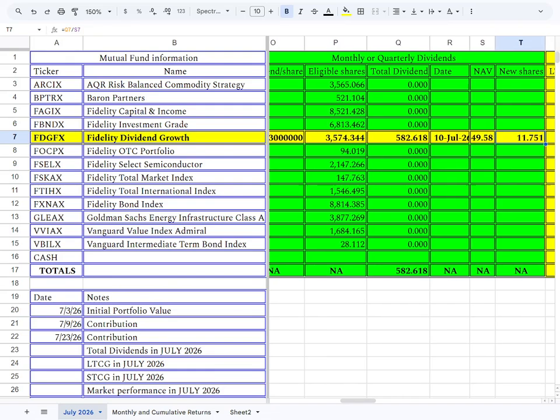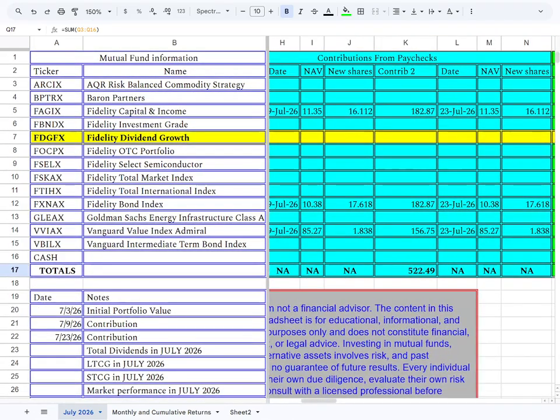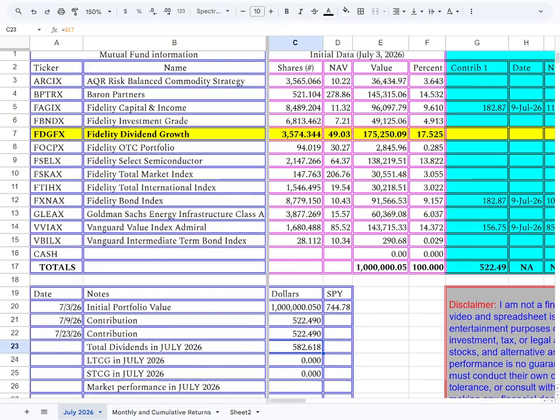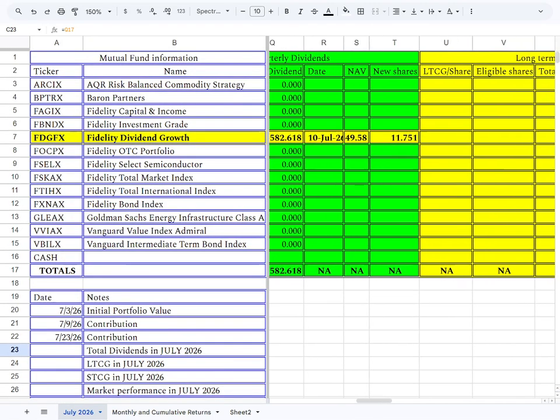But you see in this column Q, right now only Fidelity Dividend Growth Fund gave a dividend, and the total dividend received in this month is $582. Now, I can put that in here. Total dividends received in July so far is $582. Okay. So, now, one thing to notice is that